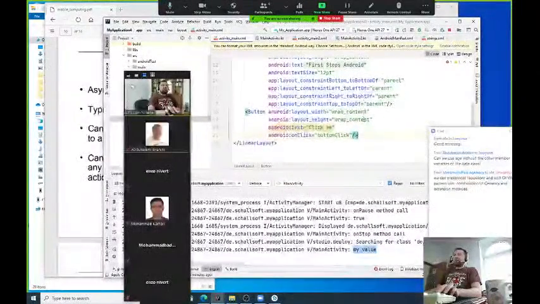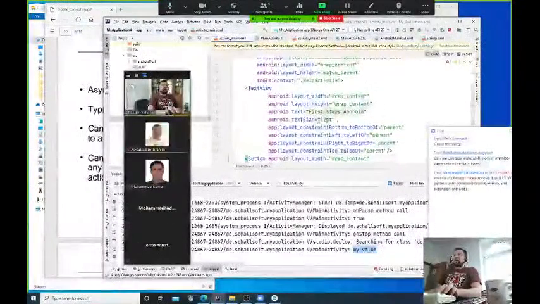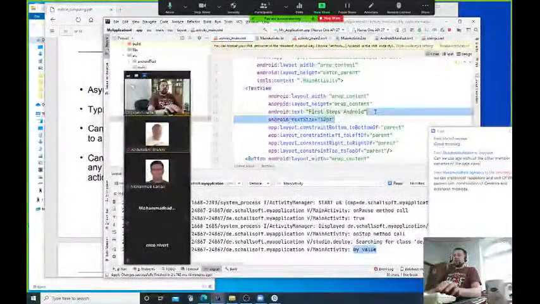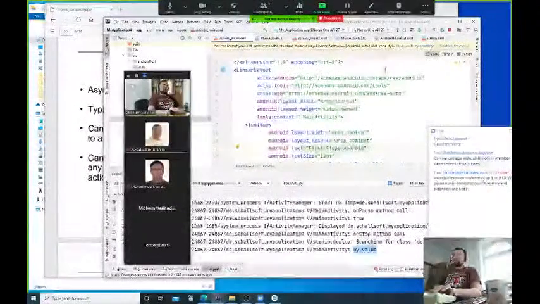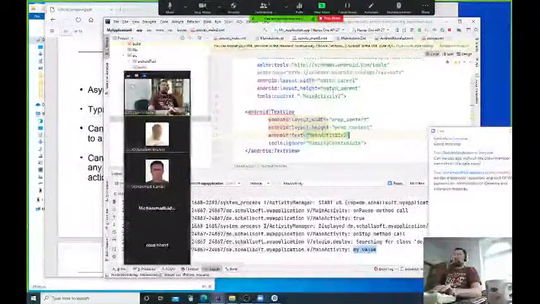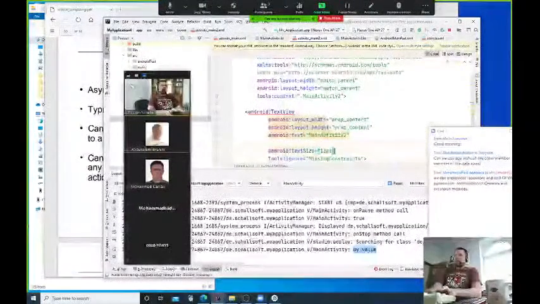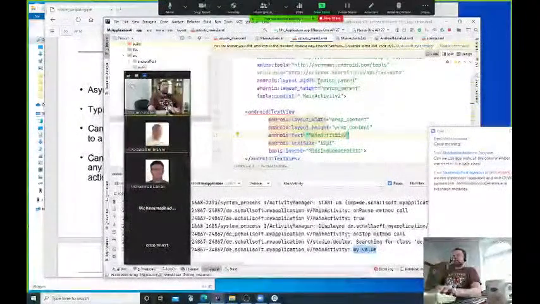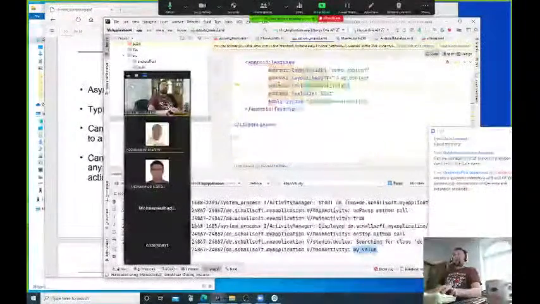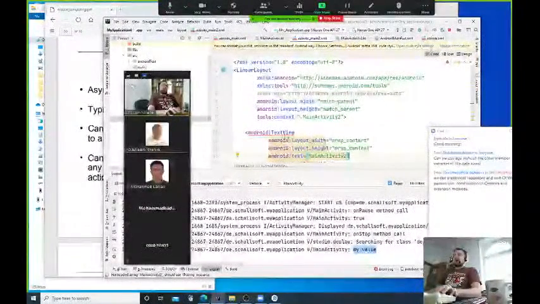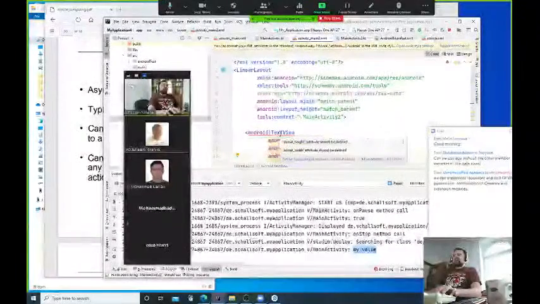We have the text size made bigger. So we can actually do the text size a little bit bigger. And now let's try to find out why this text view is